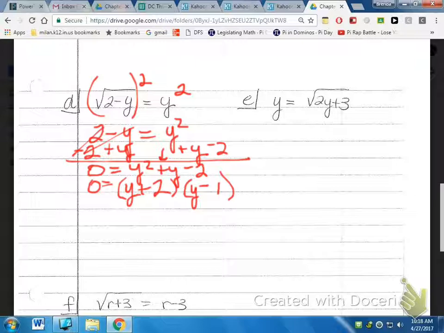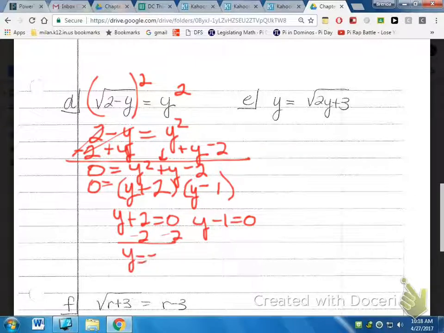Outer's negative 1, inner's positive 2, and yep, it gives me 1. You set each one of these equal to 0, and I'm going to get 2 answers. So I go negative 2, y is negative 2, y is positive 1. You can't stop there. You must go back up here in the original problem and test your answers and see